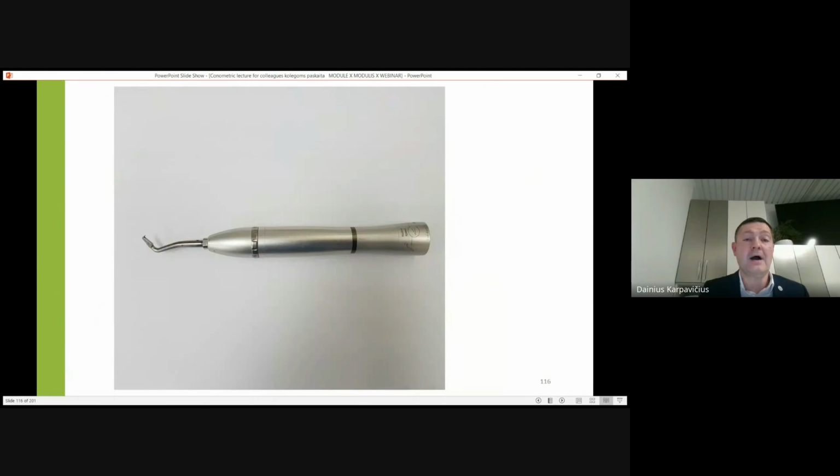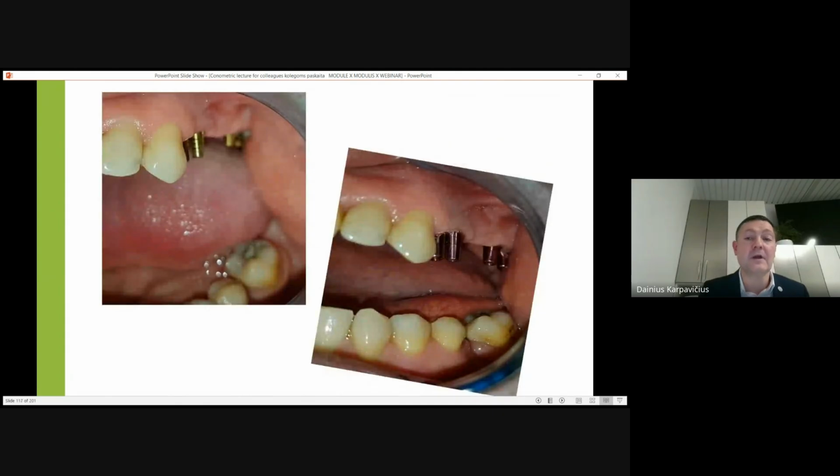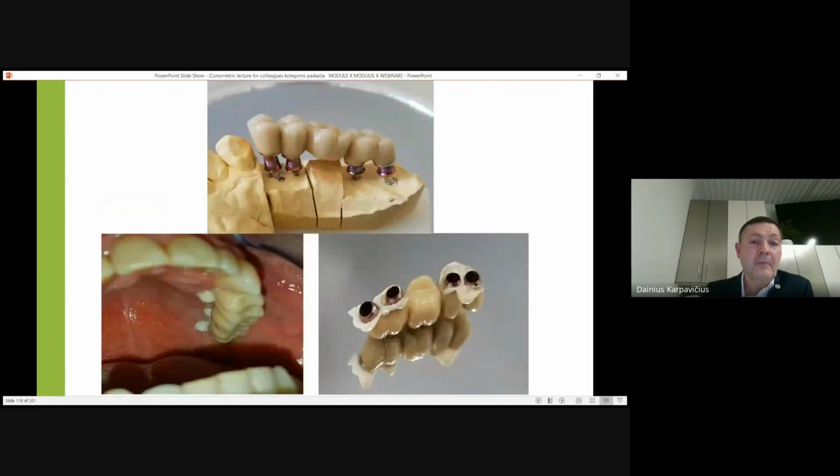And of course, as I said, two ways of retrievability if it is necessary. Also, an old case: a friend of mine has a thin bone even today because the bridge is still in the mouth. It's been maybe more than 7 or 8 years. Take a look. This is still metal ceramic from the past, because today we do metal ceramic very rarely, only if metal is somehow very necessary,